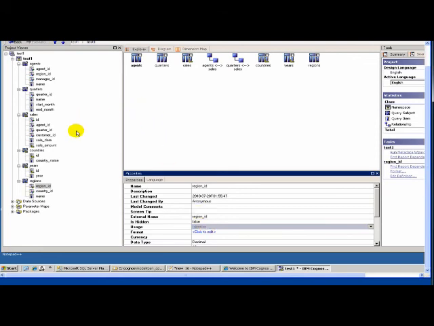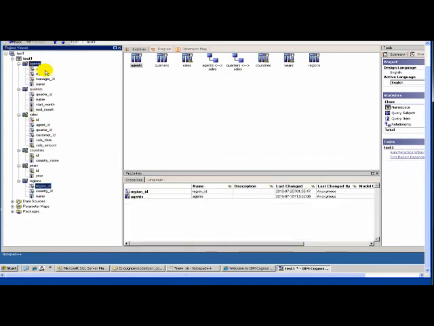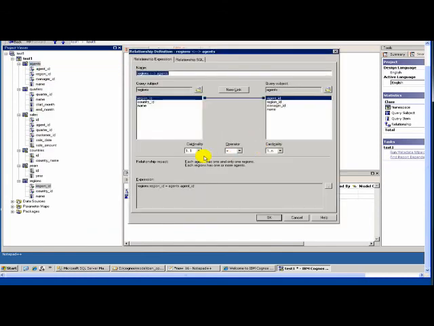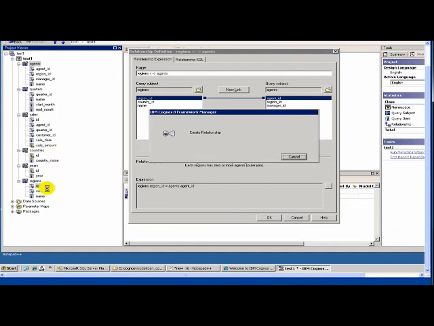And now let's go ahead and create the relation again. So region ID and agent, so they have, create relation, and we say that each agent has one and only one region, but each region can have 0 or more salesmen. And now that's done. The next relation would be with the country and the region.